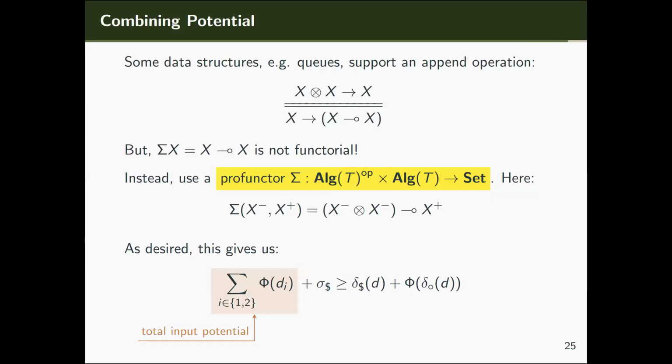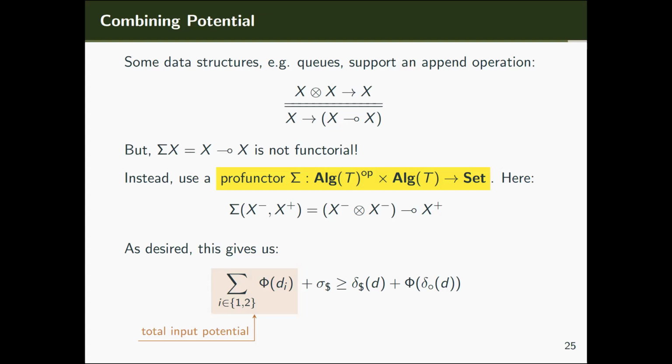Also, sometimes you want to append 2 data structures. So you have 2 distinct instances of a data structure, and you want to give a method X tensor X to X. You might at first think, I really would like to just curry it and make it X lolly X to X, where lolly is the internal hom, but that's not functorial, so it doesn't immediately fall into the story,